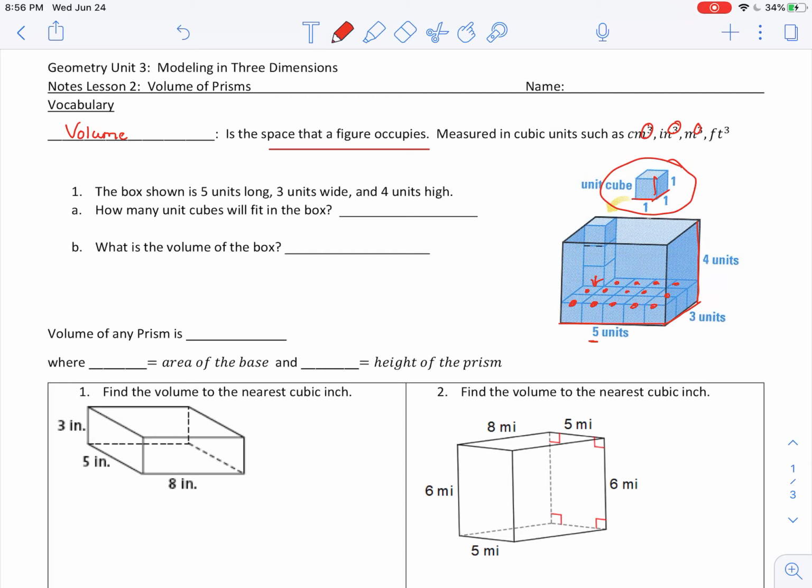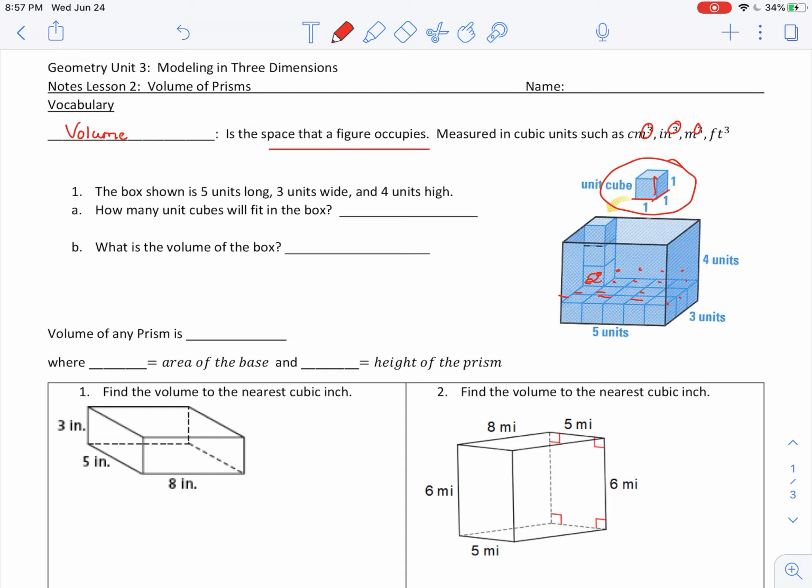There's 1 underneath this one, so 11, 12, 13, 14, 15. Which shouldn't be a surprise because I already knew it was 5 long and 3 deep, and 5 times 3 is 15. But that's only if I fill the bottom layer. I'm going to fill it all the way up to the top. So if I erase all those little marks, you can picture I have 15 on the bottom. Well, I can stack another 15 here